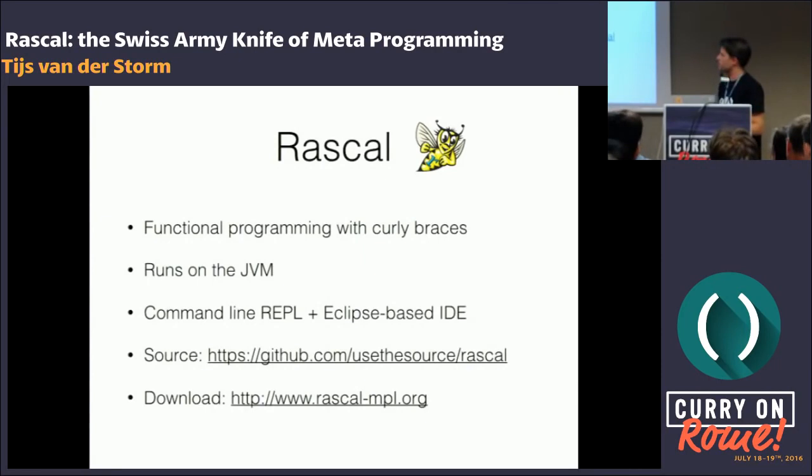Okay, so what is Rascal? It's basically a functional programming language, but with curly braces. So it looks like Java to some. It even looks imperative, but mind you, underlying all data is